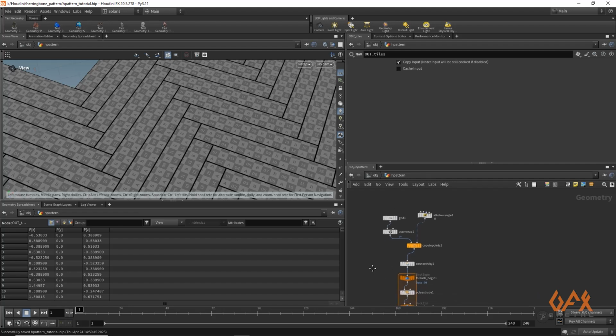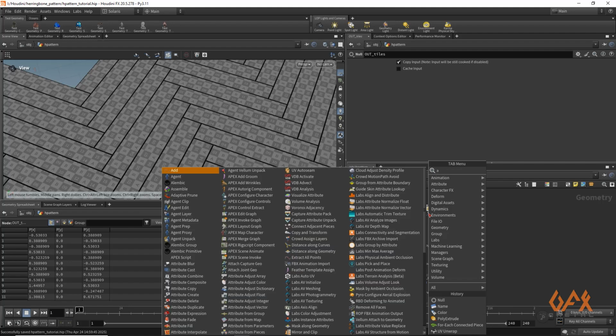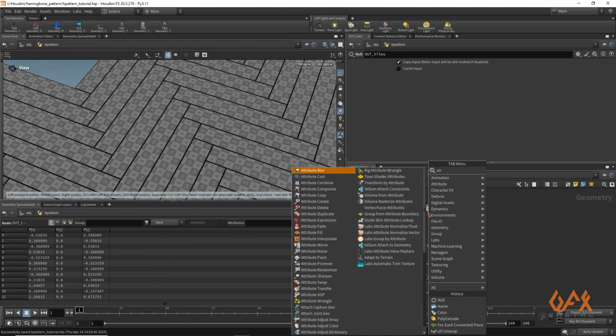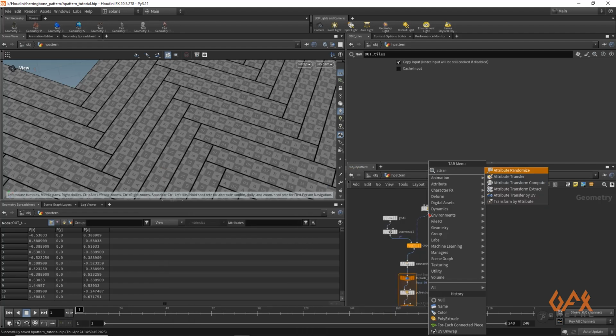And here what I prefer is that first of all I'm going to create one attribute that helps me generate different frequency. I will show you how to use that attribute in Solaris or MaterialX.